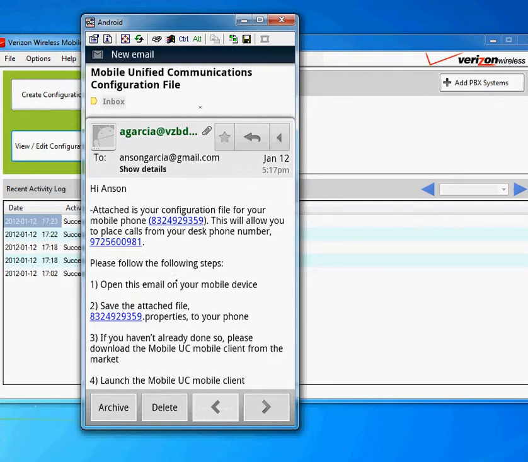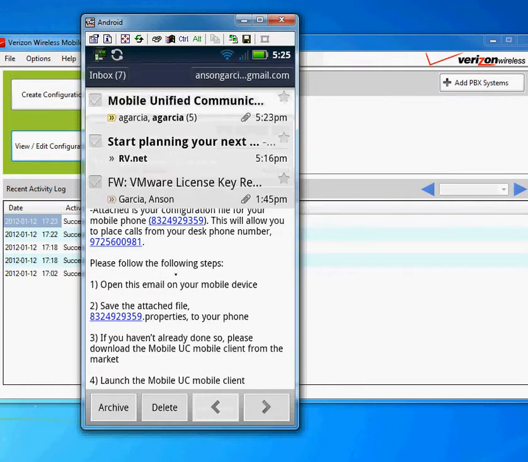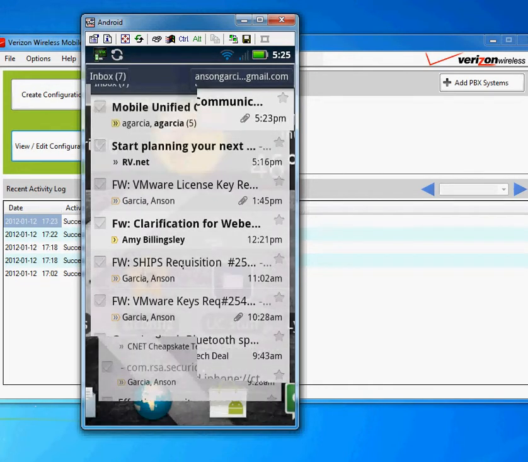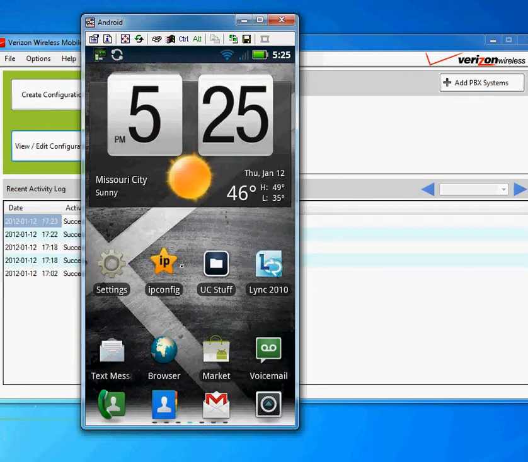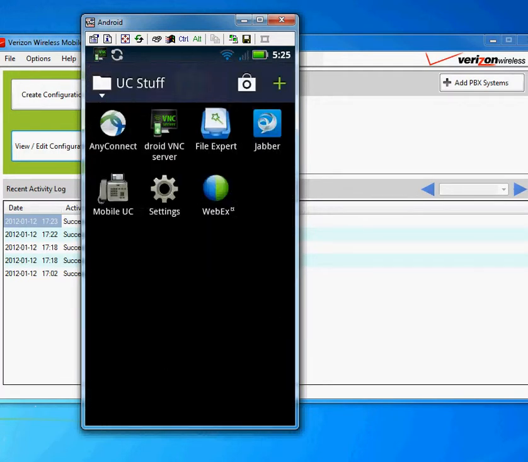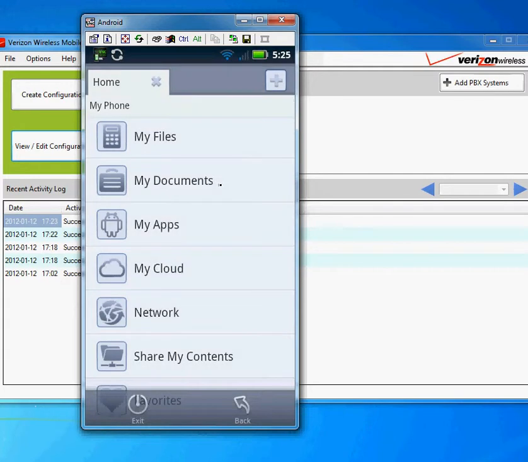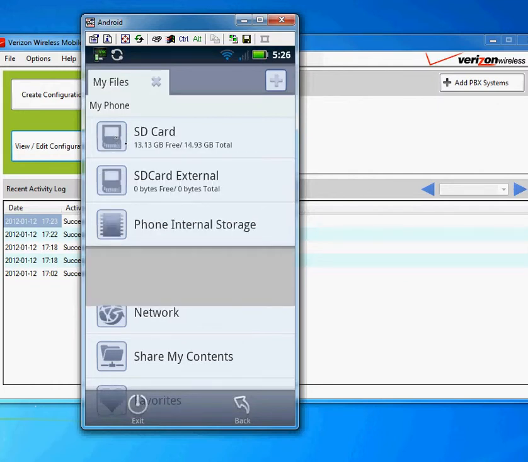Okay, so what I suggest, or the way I did it, if you're configuring this in a lab, and it becomes a little bit easier, is, once you have this file either in your email or what have you, you need some kind of file manager, and there's plenty of them out there. I use this File Expert right here, and then what you want to do is copy that file, and where you want to put it is, if I go to my files right here, I'm going to this top one, I'm going to the SD card,